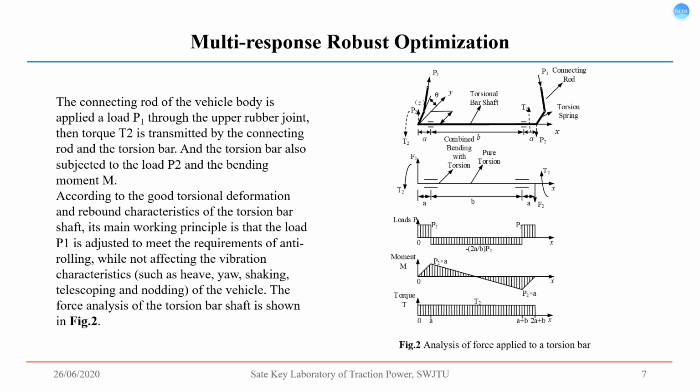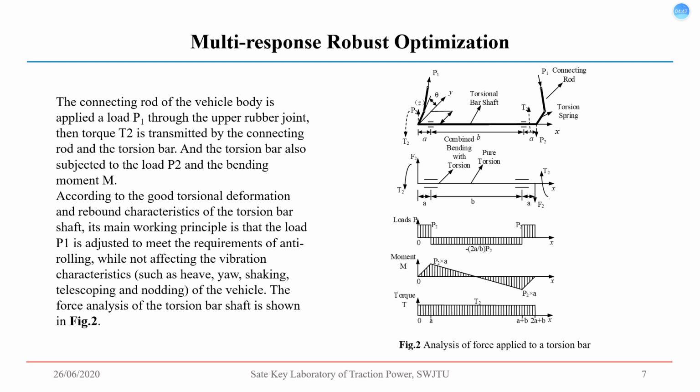3. Multi-response robust optimization. From Figure 2, we can know the axis of force applied to a torsion bar. The connecting rod of the vehicle body is applied a load through the upper ball joint. Then, torque is transmitted by the connecting rod and the torsion bar, and the torsion bar is also subject to the load and the bending moment. According to the good torsion deformation and rebound